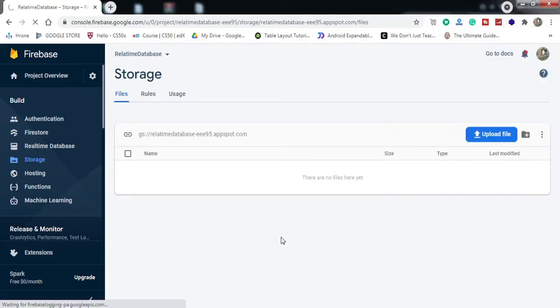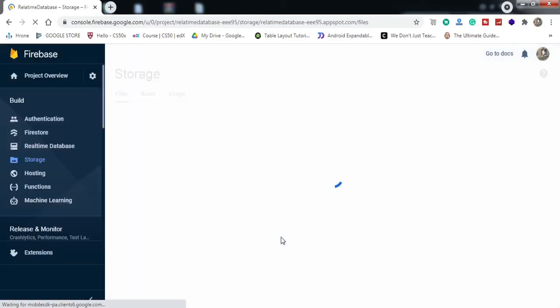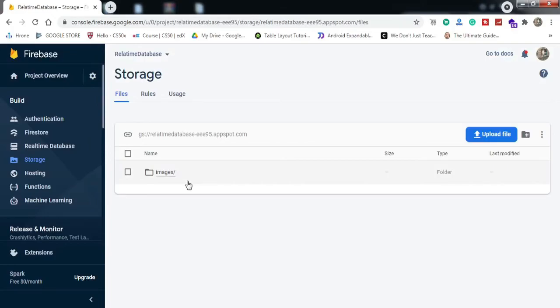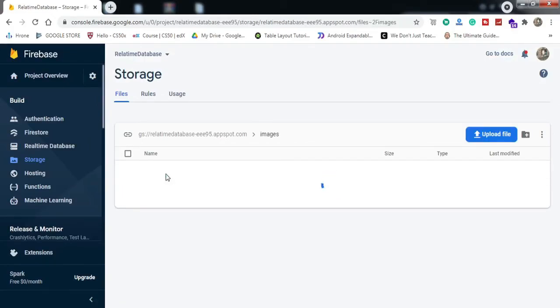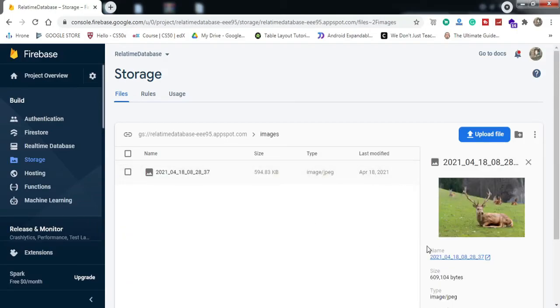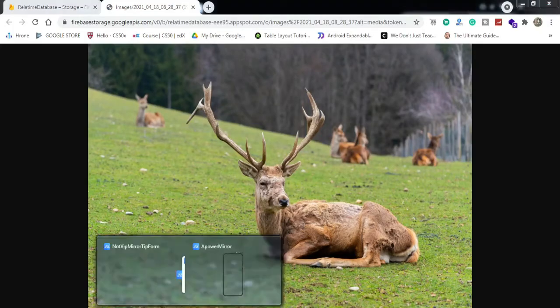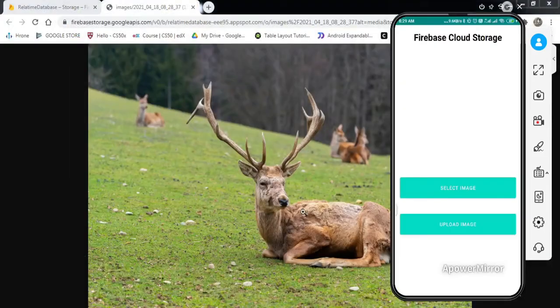Let me refresh this. So here you can see a folder named images has been created. So here is the image. Let us check this. So this is the same image that we have uploaded. So I guess we have successfully implemented this function to our Android app, right?